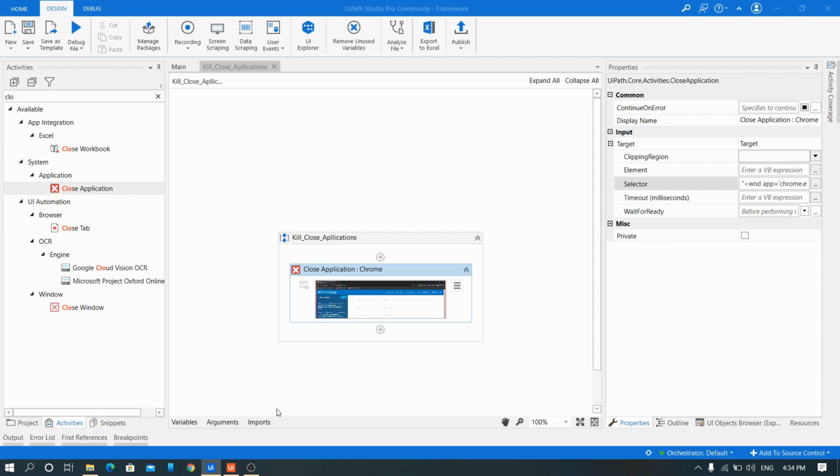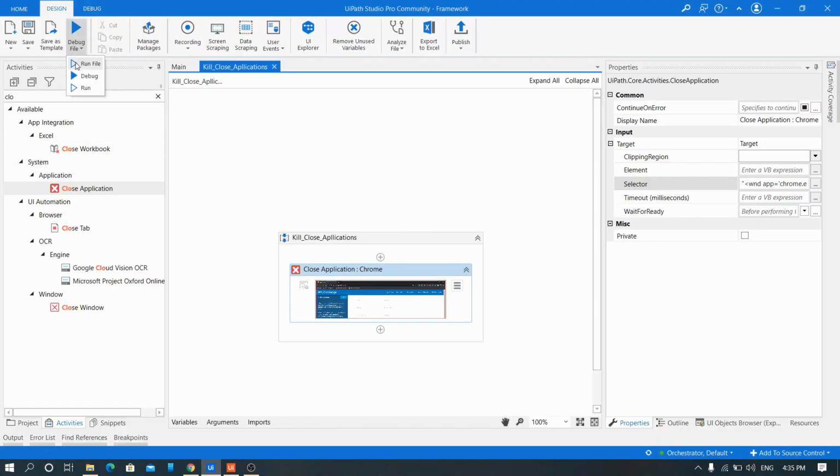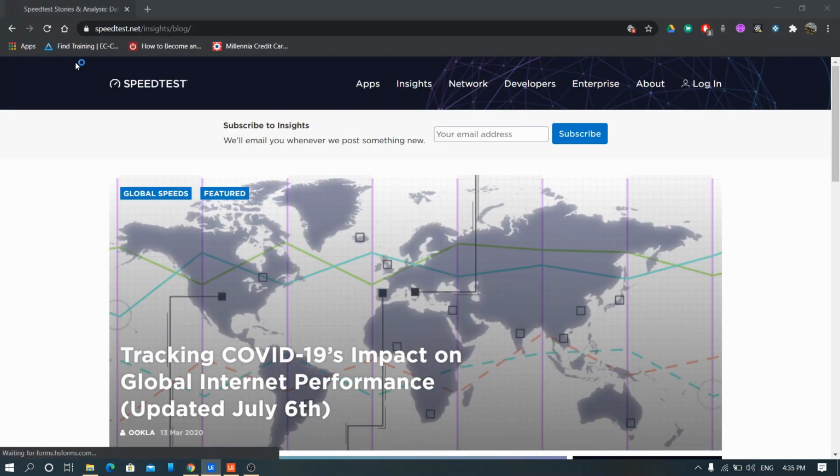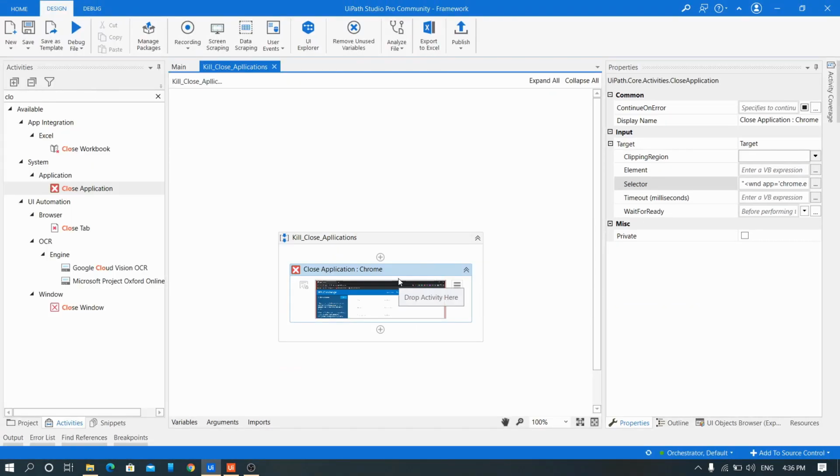Let's do with other tabs also. Let's see if this works with this. Run file. Yeah, it does the job. So we are almost confirmed that this close application will work with any given tab opened in the Chrome.